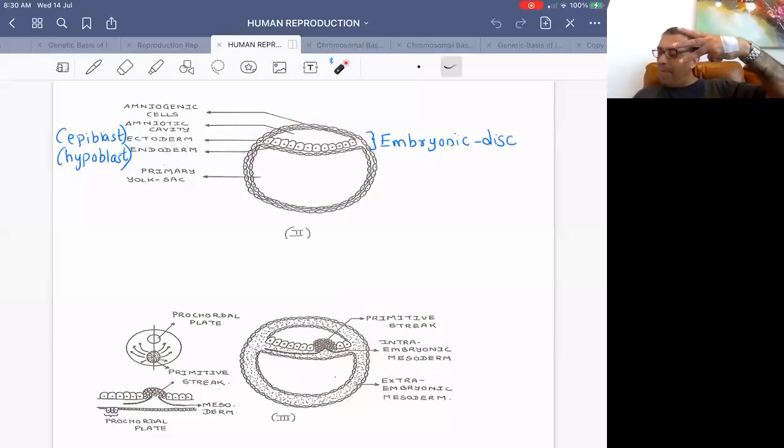So your three germinal layers are formed: ectoderm, mesoderm, and endoderm, and this process is called